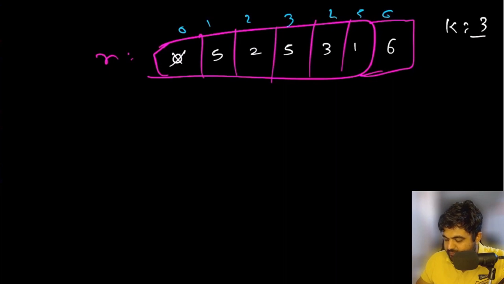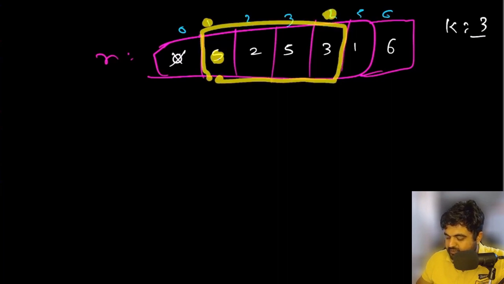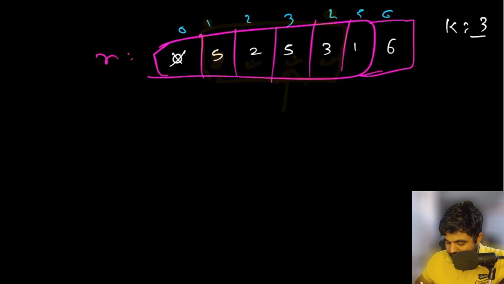Same way, we are going to check for value number 5. So currently value number 5 is located at index number 1, which means we have the ability to compare between these portions. So again, for value number 5, we are going to check this value, and this value, and bingo, we find value number 5. So we can return true in this case because element number 5 exists and the difference is less than 3.